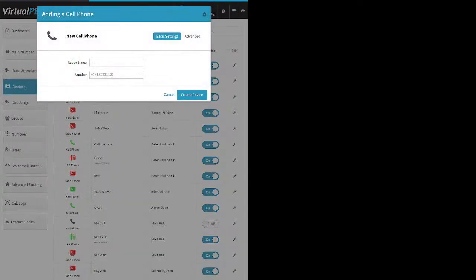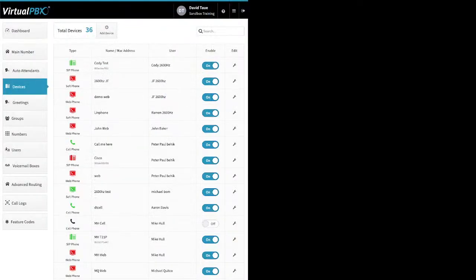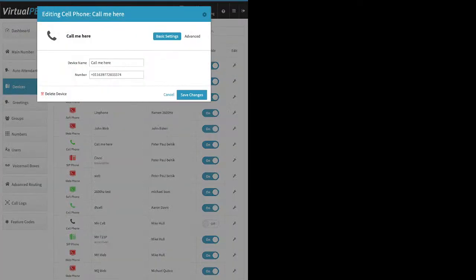Cell phone and landline are basically the same, right? You give it a name, and then you put +1 area code and phone number. Then you click on Create Device. Now, when Dash sends a call to a cell phone,